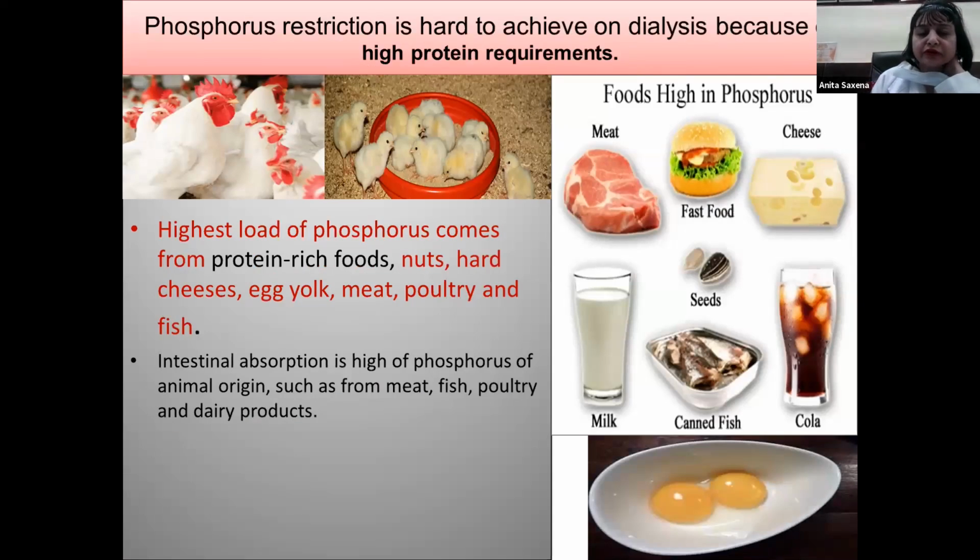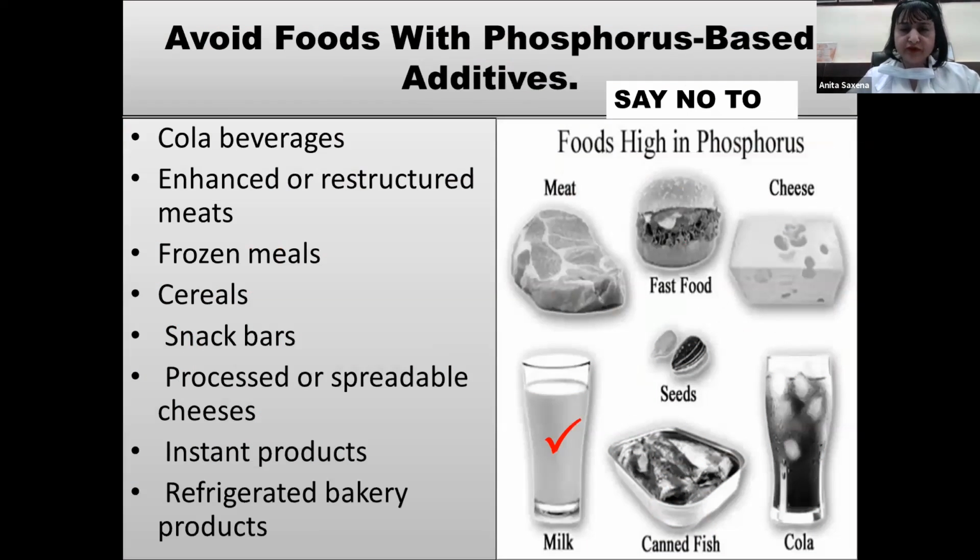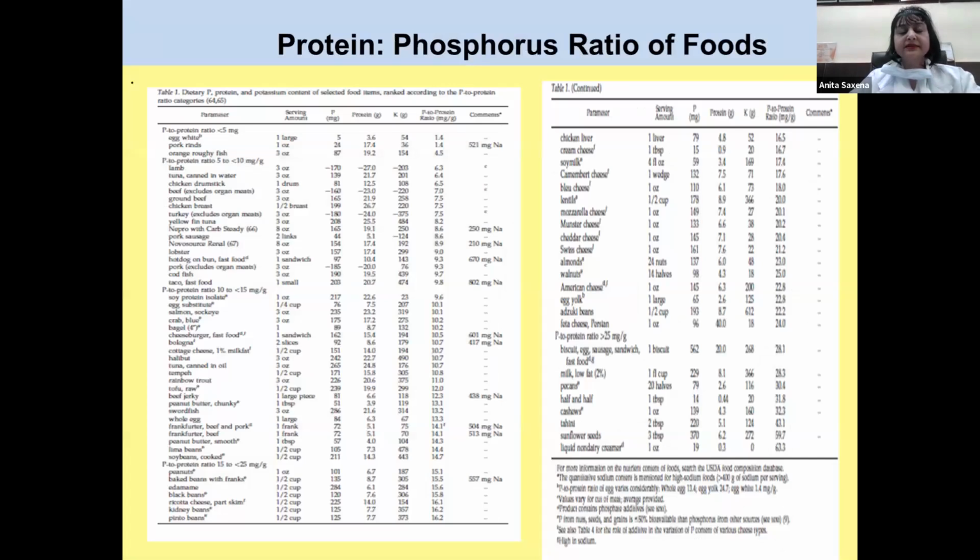The highest dose of phosphorus comes from protein-rich foods, that is nuts, hard cheeses, egg yolk, meat, poultry, and fish. So you should avoid giving these to your patients, and avoid foods with phosphorus-based additives like cola beverages, enhanced or restructured meat, frozen meals, cereals, snack bars, processed or spreadable cheeses, instant products, and refrigerated bakery products. And this is a table which I am also not able to read, so I can't expect you to read,